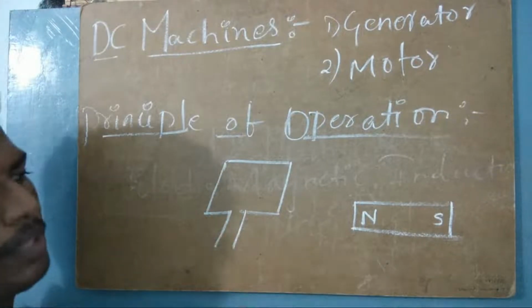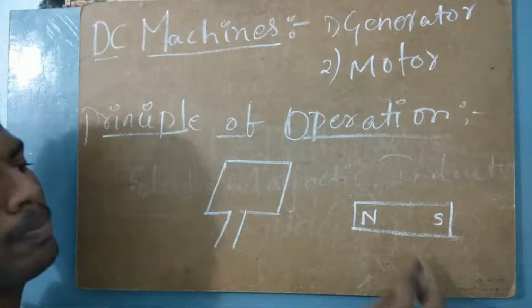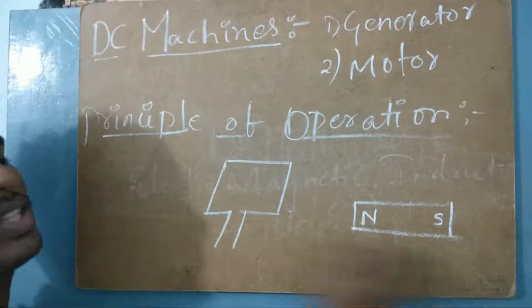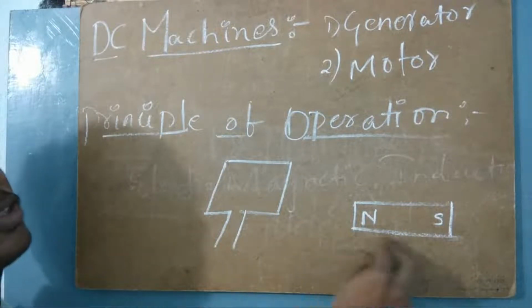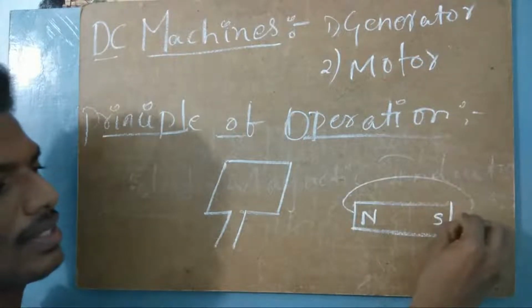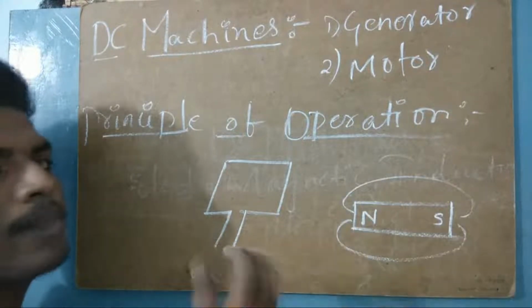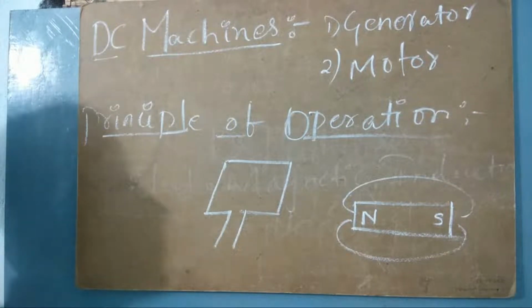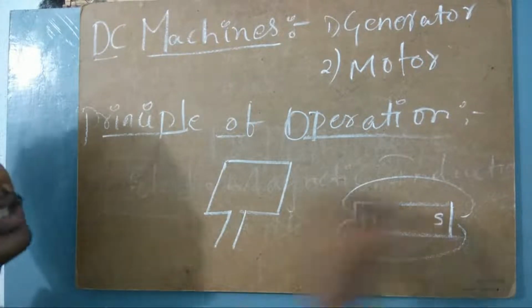If you have done some experiments in your 10th class, maybe in your primary classes, on these kinds of bar magnets, you observe some kind of lines that form when you put some conductive powder on a paper, putting this magnet behind it. You will observe some kind of lines forming around this magnet.